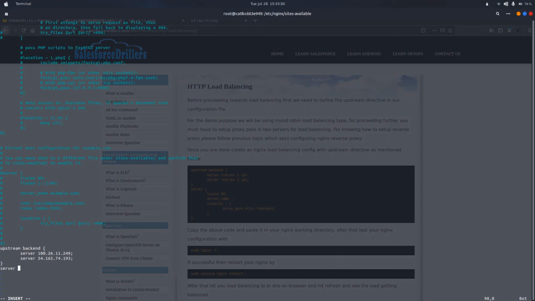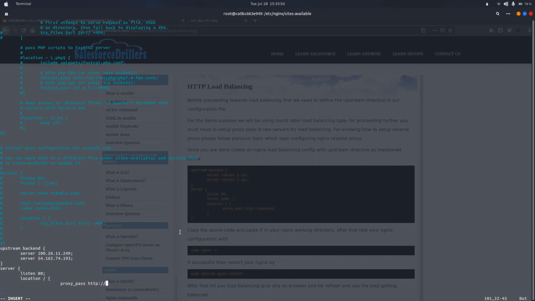In the server we will write listen on port number 80, which is the default port for Nginx and for HTTP. On location we will provide the root. Now here we will write proxy_pass http://.